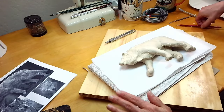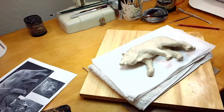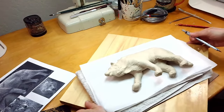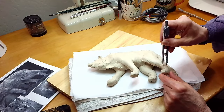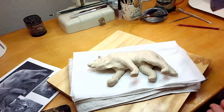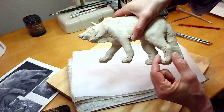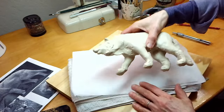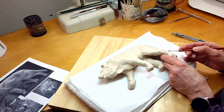Now we're going to start, and I still have my setting, and I want to make sure you can really see this. Let's get in closer. And what I do, there we go, is just kind of make a mark and it creates a mark on each side, if you can see that right there. And that shows me how much I need to shave off. So as you can see, there's